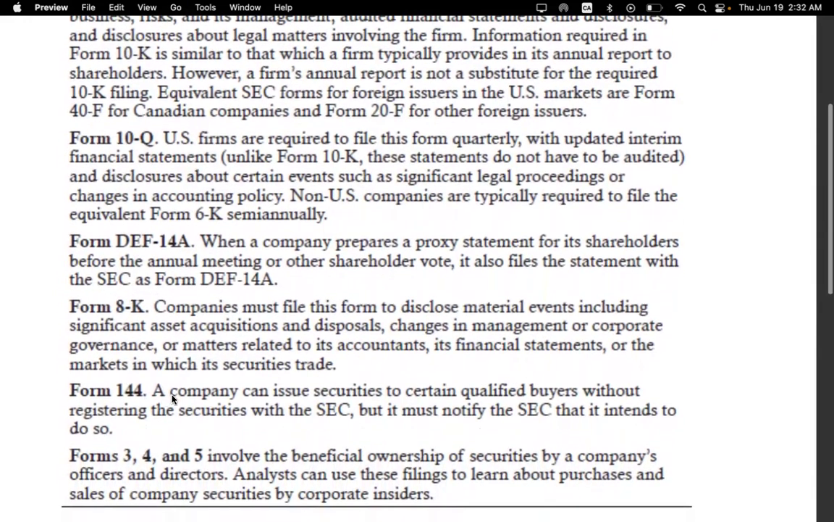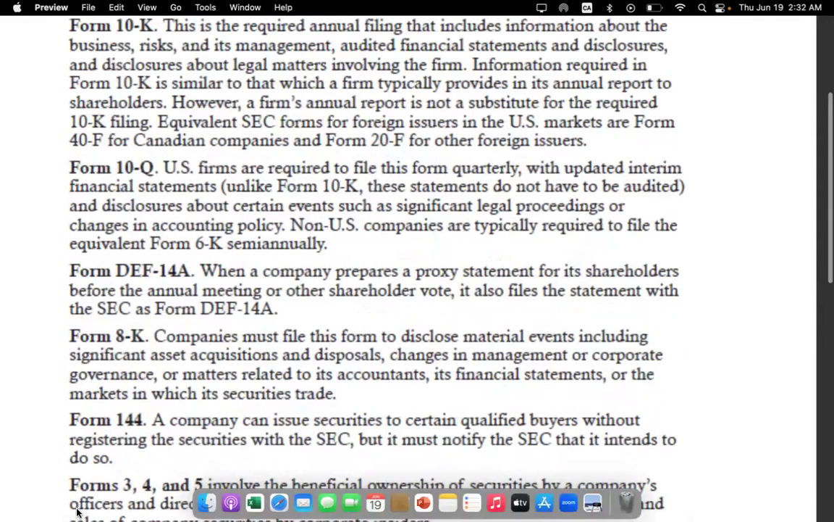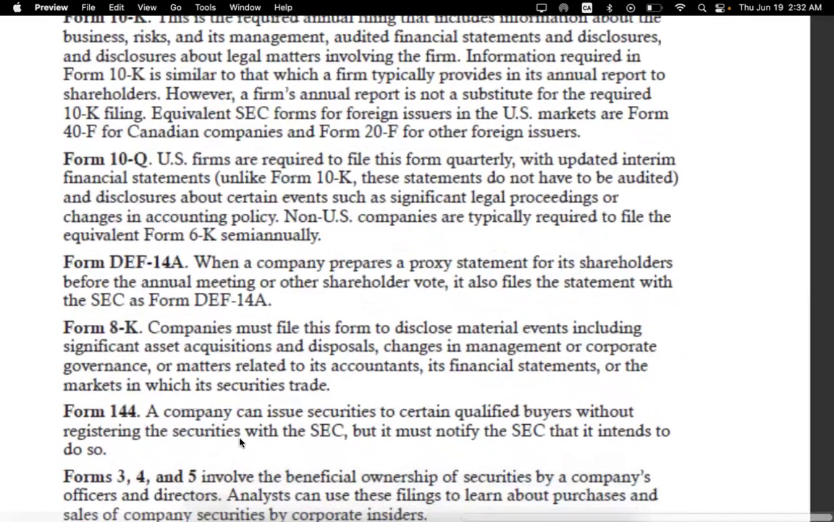Form 144, Form S1, Form 144. Form 144 is a company can issue securities to certain qualified buyers. Isme no registration statement required. Without registering the securities with the SEC, and over here,